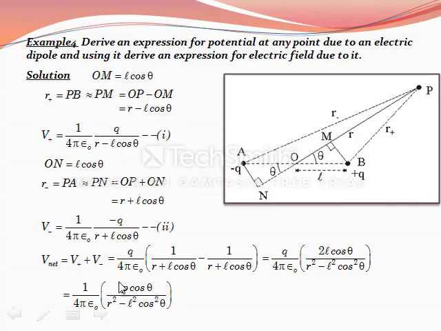Now if this is a short dipole, for short dipole this r square is much larger than this term. So for short dipole we can ignore this term and our expression will simply be 1 by 4 pi epsilon naught p cos theta by r square. This is the basic expression for potential due to an electric dipole. Now we would next see how to calculate the field at this